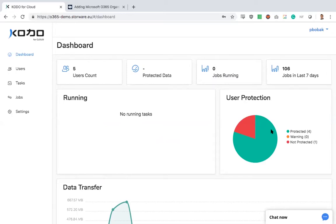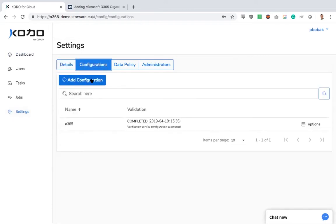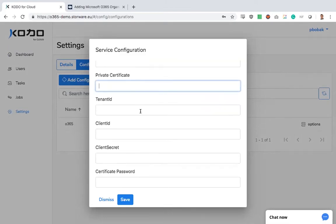Let's say this is a clean environment and we want to add access to our organization. What we need to do, the first step, is go to the settings, to the configuration tab, click the add configuration button, and provide some information about our Office organization. We need a private certificate, we need a tenant ID, and the tenant ID is like an address of our organization in Microsoft. We need a client ID, we need a client secret, and we need a certificate password. Certificate is used to connect to AWS to manage